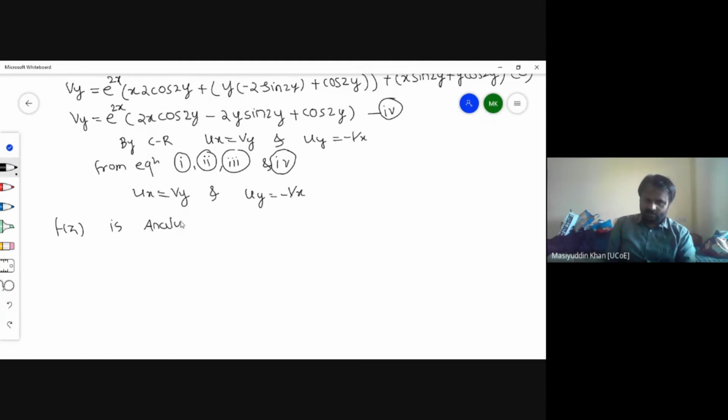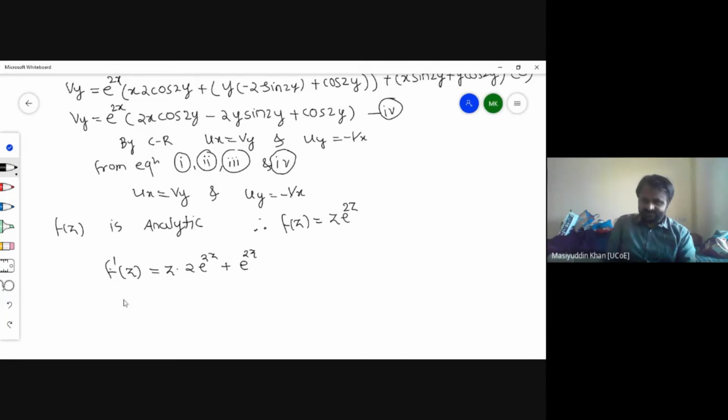The function is analytic. Always remember, as soon as a function is analytic, it becomes differentiable. So I am just writing f of z is equal to z into e raised to 2z. This was our function. So we have to just differentiate with the basic concept, f dash of z with respect to z. So using the u into v rule or product rule: z into the derivative of e raised to 2z, which is 2 into e raised to 2z, plus e raised to 2z as it is, into the derivative of z.